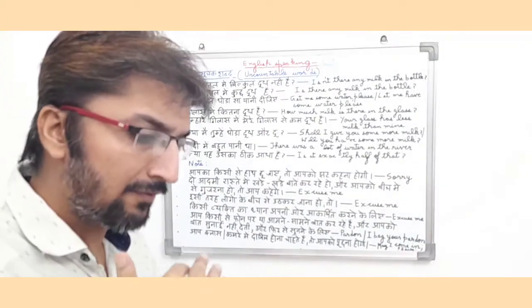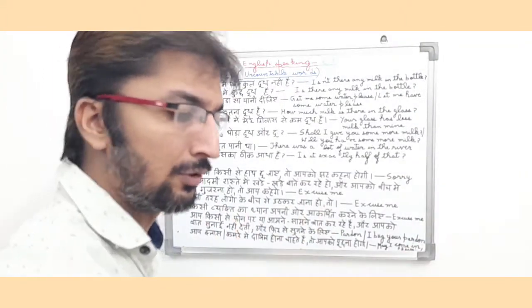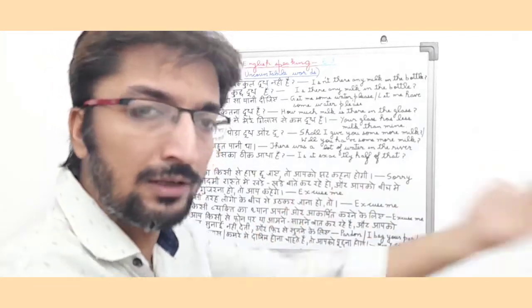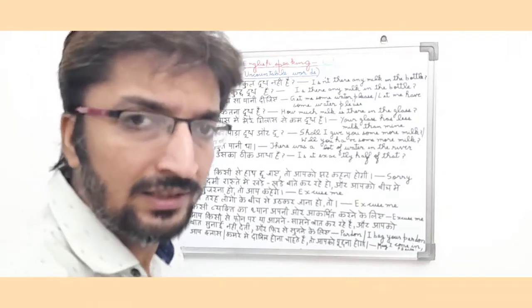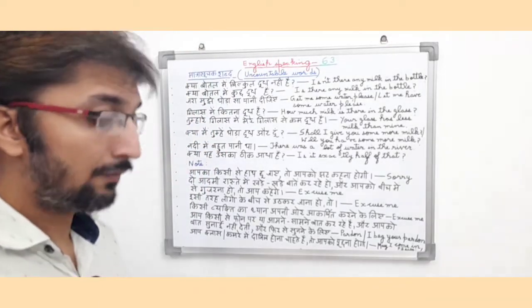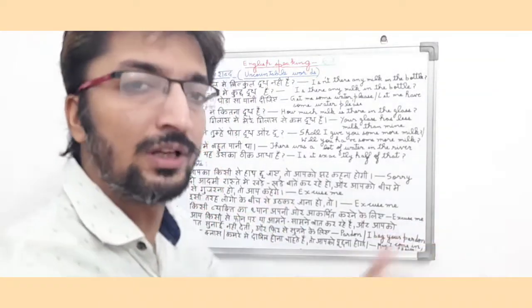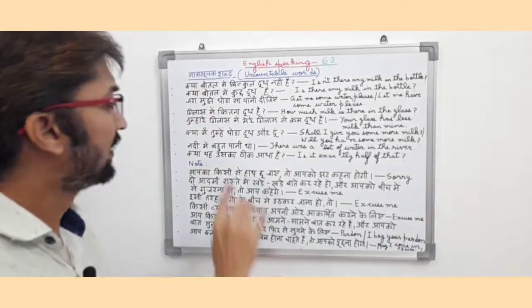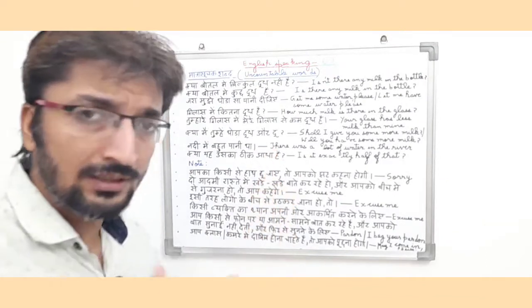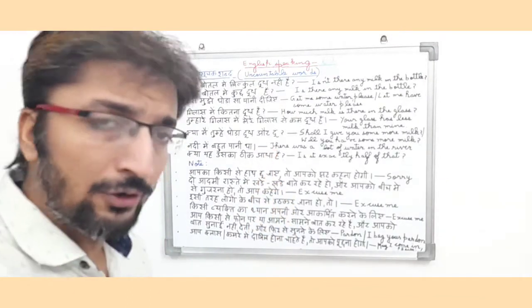some more milk? So friends, basically it is a future type tenses, because they are basically offering milk to another person. So there is no fixed quantity of milk in the glass. Basically they are giving help to another person. They want to offer milk to another person in a glass. So here you can see friends, क्या मैं तुम्हें थोड़ा दूध और दूं? तो it is a future interrogative sentence.